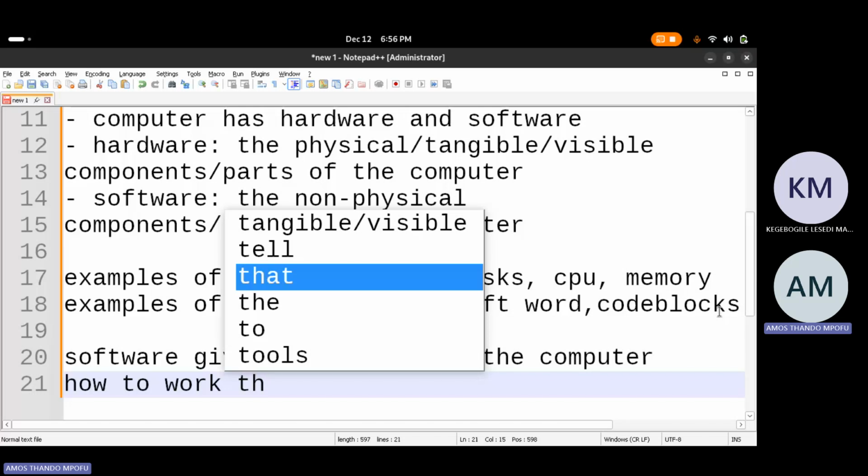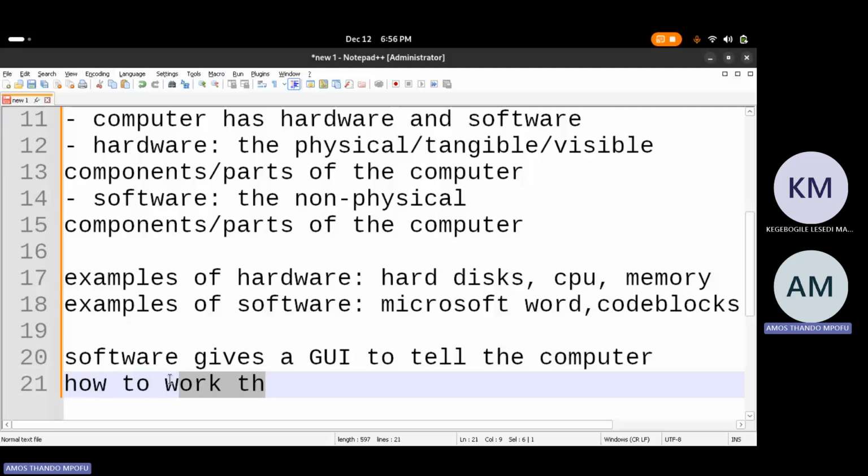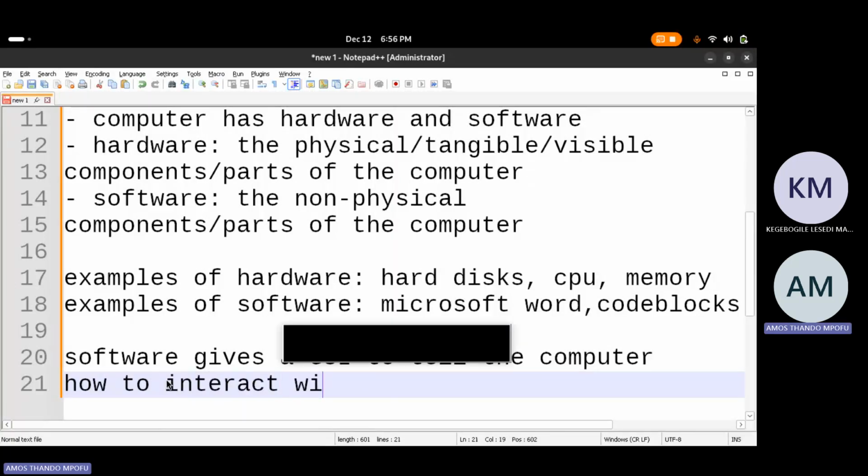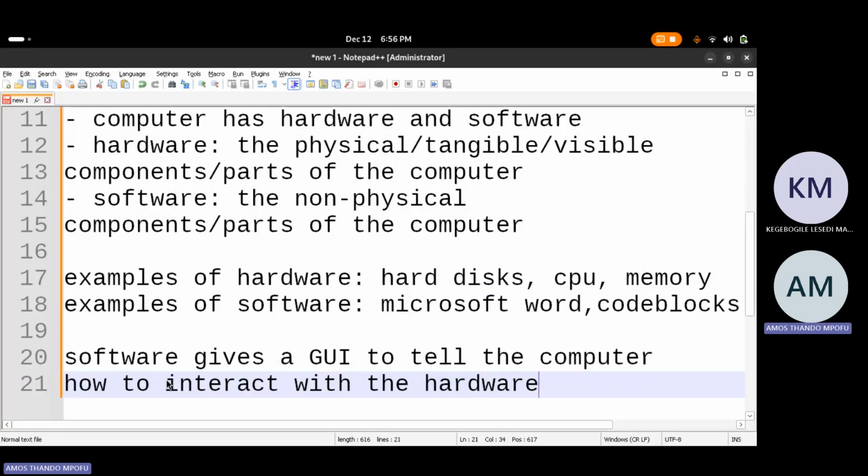Basically, what software does, right? Remember these physical components, it would be very cumbersome or very tedious for us to work with them directly. So hence we have apps or software. That software tells the computer how to interact with the hardware, or how to use the hardware, without me having to take my hands and physically touch the components. That would be hard. So hence we have